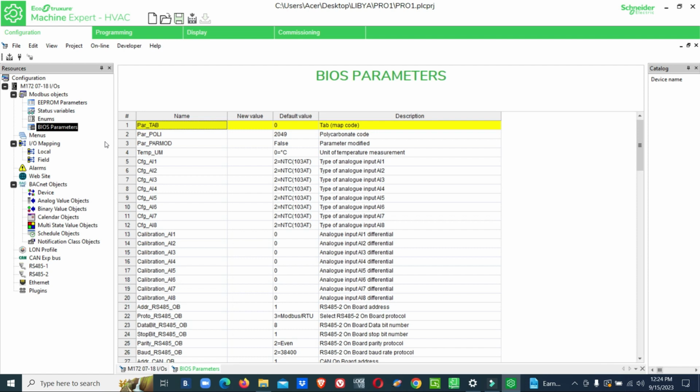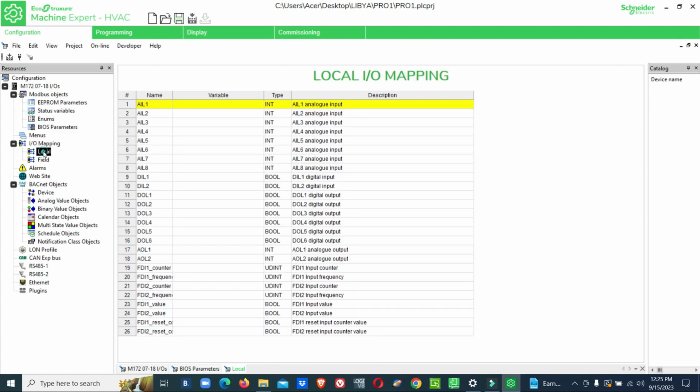Here we can do all our parameter settings related to inputs, analog outputs, and digital outputs. First we will see the combination of this controller. Once you go to IO mapping, here you will come to know all the inputs available with this